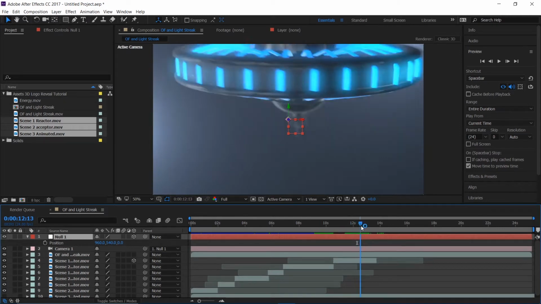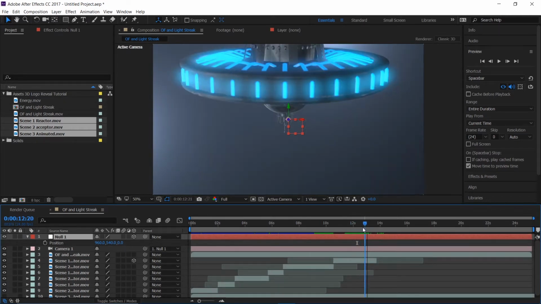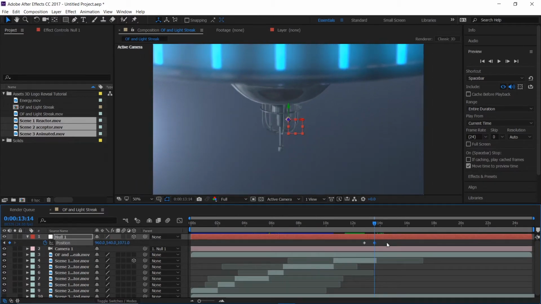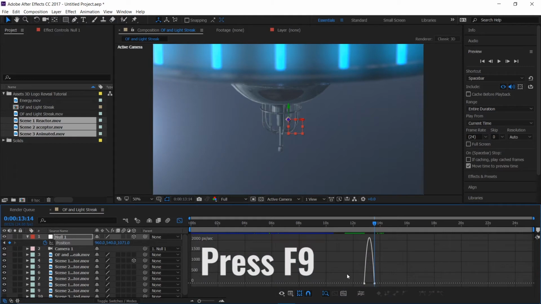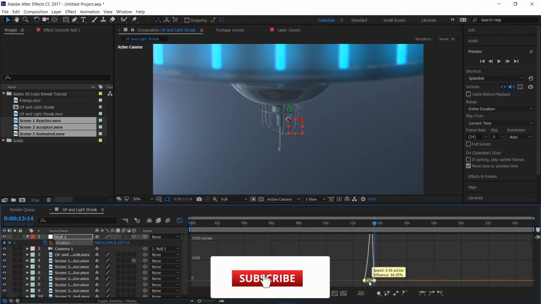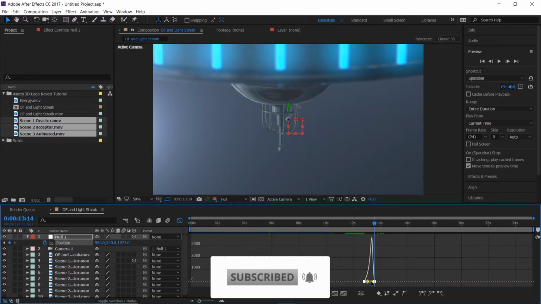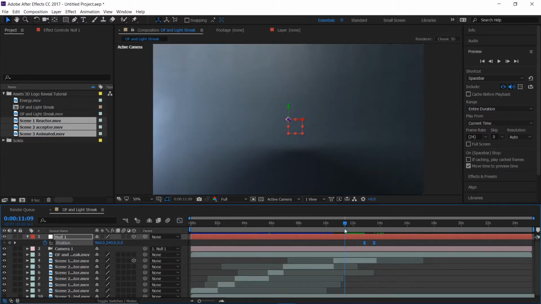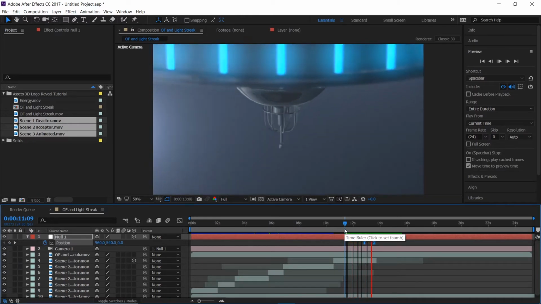So the point it became static, we're going to add some movement to this. Cool. So this point, I'm going to create a keyframe, and I will go like there, and I will just increase it like so. Cool. Now I select both of the keyframes, and I'll press F9, and go to the graph editor, select both keyframes, and make a graph like this. Cool. And if we run preview it,